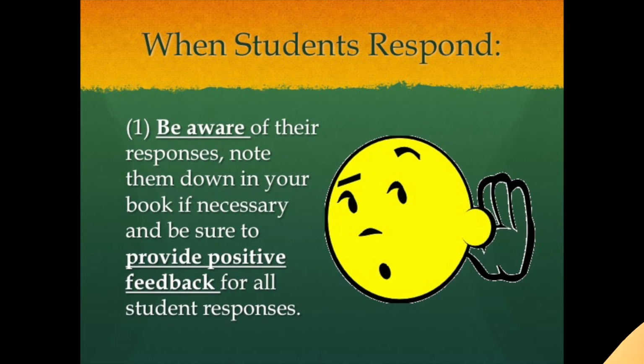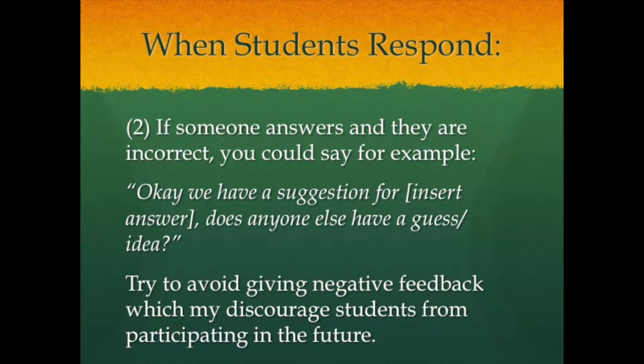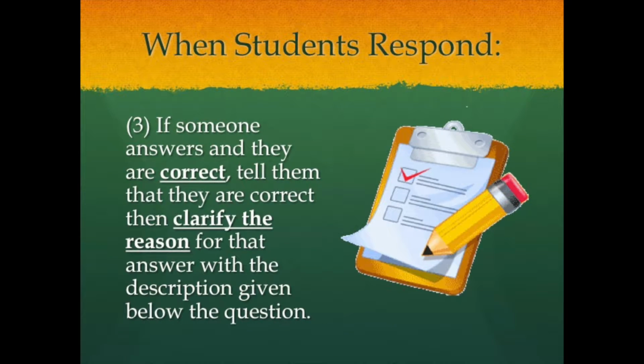First, be aware of their responses. Note them down in your book if necessary, and be sure to provide positive feedback for all student responses. If someone answers and they're incorrect, you could say, for example, "Okay, we have a suggestion for Douglas fir. Does anyone else have an idea?" Try to avoid negative feedback, which may prevent the students from participating in the future. If someone answers and they are correct, tell them that they are correct and then clarify with the description given